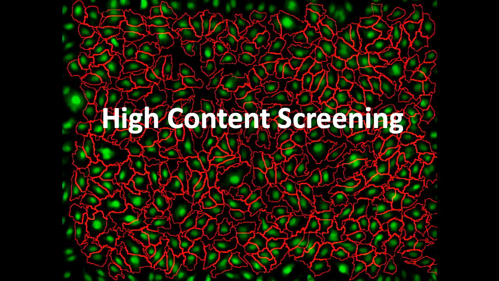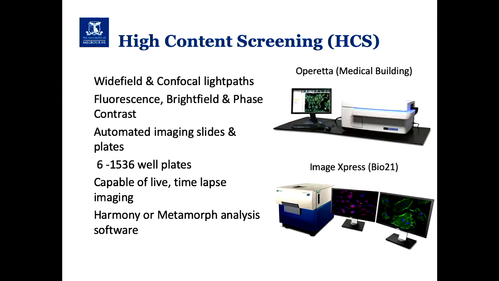Next method we're going to cover is something called high content screening. Again, our high content screening system within the platform is here in the medical building. This is the Operator system, and basically it allows you to do wide field and confocal imaging of either fluorescence, bright field, or phase contrast, and you can essentially image cells or tissues or organisms as long as they'll fit in a microtiter plate. So a 6-well plate, anything up to a 1,536 well plate, we can image automatically on